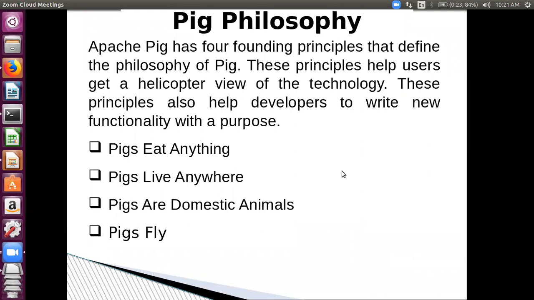Pigs are domestic animals, so it is basically a procedural language, used extensively in a very wide range of analysis programs. Pigs fly means it is a controlled data flow language, so it has a very high speed of results, as it is more efficient than HDFS.